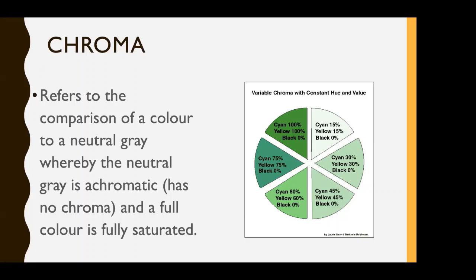And you can test that yourselves. Go into Photoshop, open up a new document, drop a shape in the middle of the document, and keep changing the R, G, and B values to the same number. As you do it, you'll notice that it keeps changing to gray. So that's the neutral gray I'm talking about. When we talk about chroma, we're referring it to that neutral gray. That's just so you know the basis of this. It'll be important when you get into color correction because you have to have a reference point. So for a color corrector,